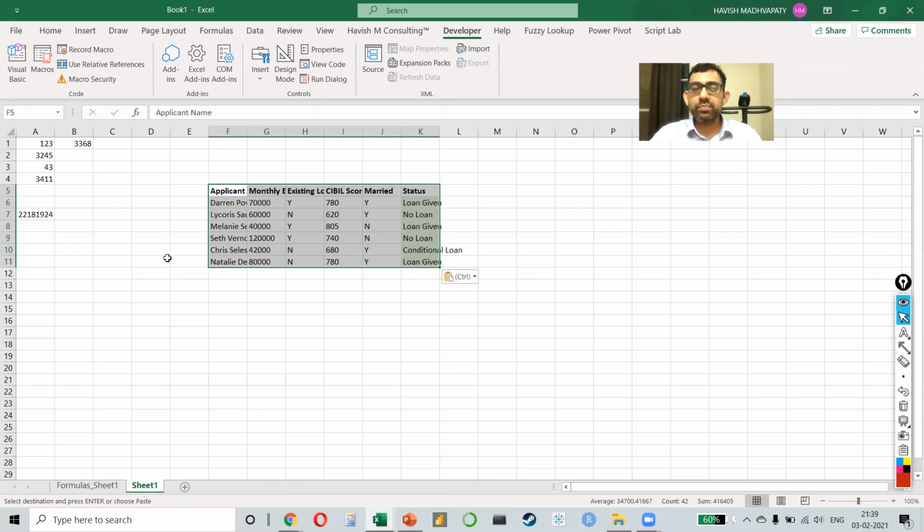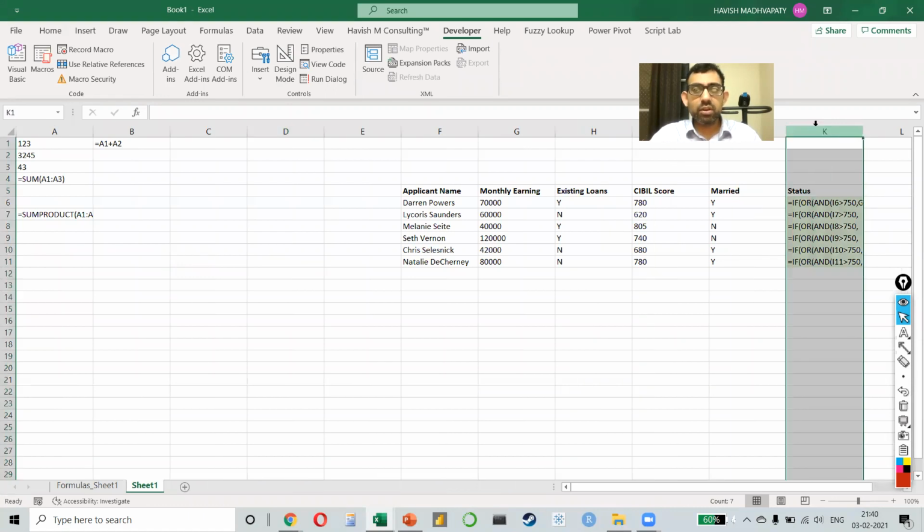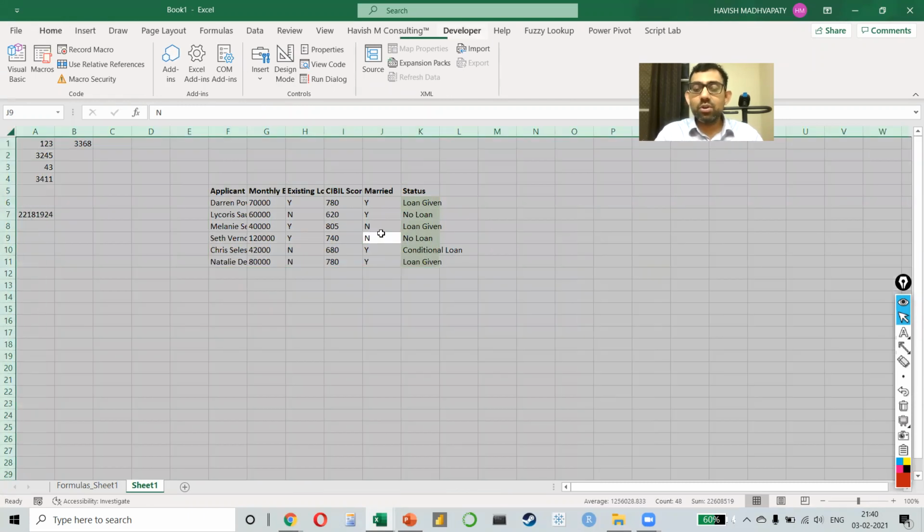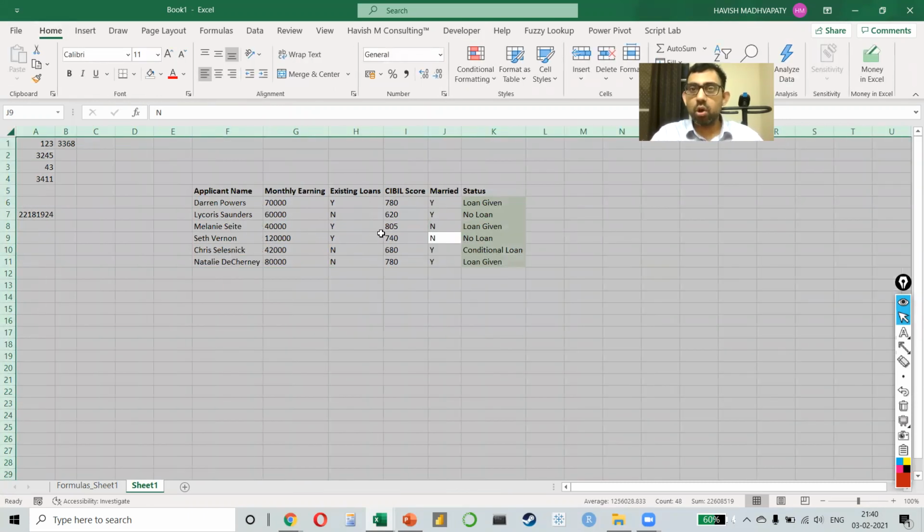What I have here is a worksheet with some formulas in it. You can see that there are some formulas in column K, there are some formulas in A4, in B1, and in A7. What formulas have I used? That's not really important. But imagine that I want to keep a check or keep a log of all the formulas that I have used, which will help me understand my data better, help me explain it to other people better, and probably help me identify any issues that are there. Now, you can't go to every cell and press F2, right? You also can't show all the formulas in a worksheet because there might be hundreds of formulas in a worksheet.